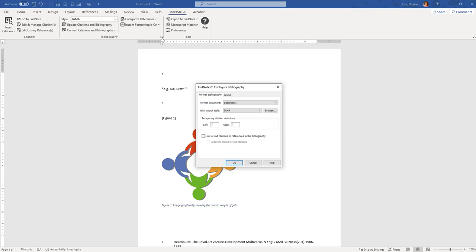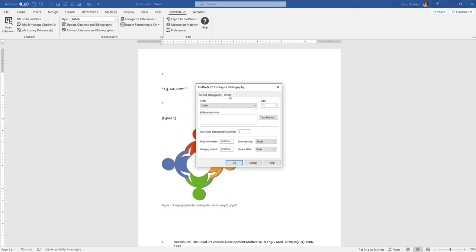The Format Bibliography tab allows you to choose the document you are formatting, choose the style of your bibliography, and determine how temporary citations show, if you have chosen to turn off instant formatting. You can also have Word automatically link the in-text citation to the bibliography entry, so readers can click on the in-text citation and go directly to the appropriate reference.